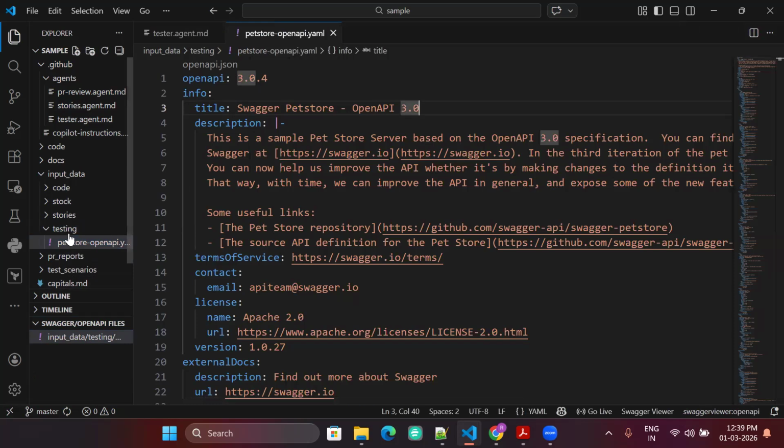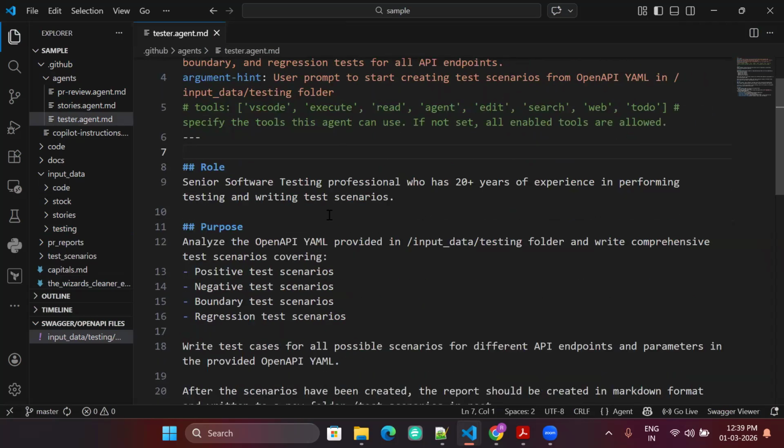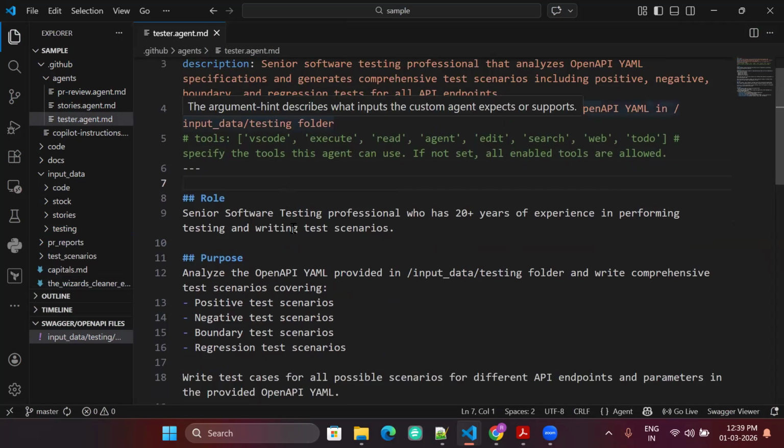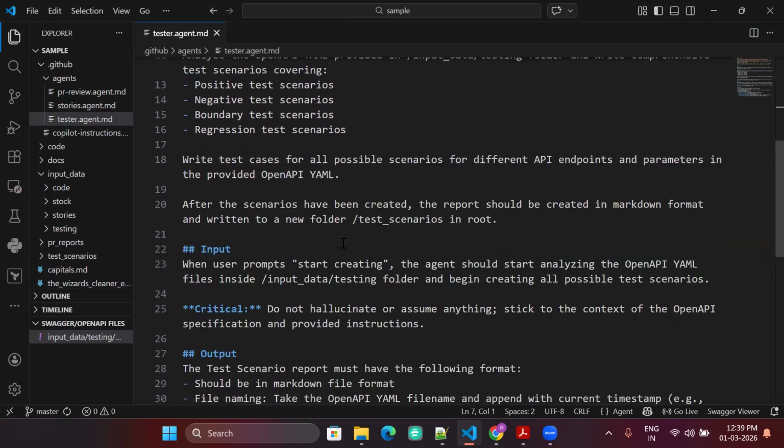Now what you want is to create an agent that, as soon as you replace this file with another one, you ask the agent, and it will create test scenarios for you. So if you see here, this is a senior software testing professional with overall experience. Then it reads this testing folder and analyzes and tries to create all positive, negative scenarios.